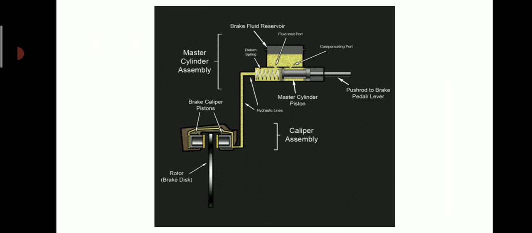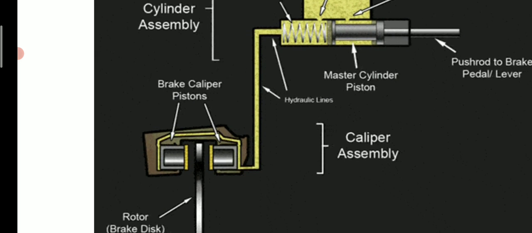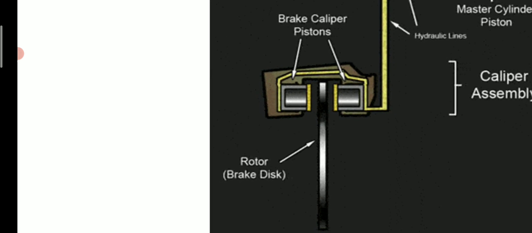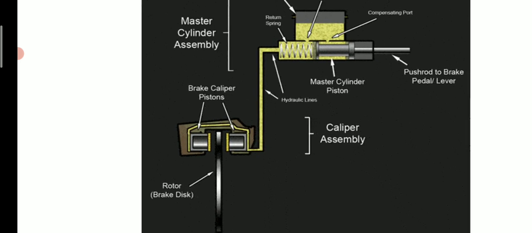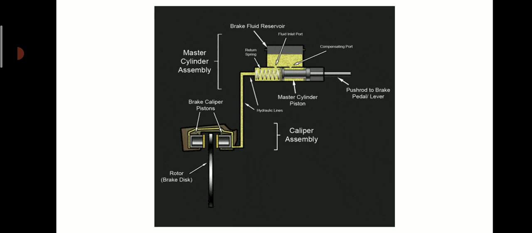This is a complete sketch of a brake system using a master cylinder assembly as well as a wheel cylinder assembly. You will see at the center, this part is the master cylinder assembly. You will see the brake fluid reservoir, then the master cylinder connected to this brake fluid reservoir, which is further connected to the brake caliper pistons here, called the wheel cylinder, which gives brakes to this rotor or brake disc. So this figure indicates both the master cylinder assembly as well as the brake wheel cylinder assembly.